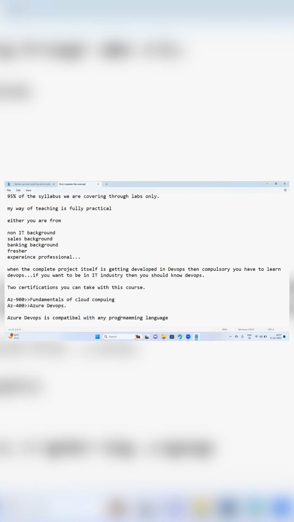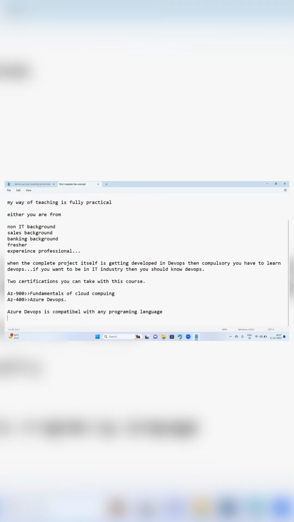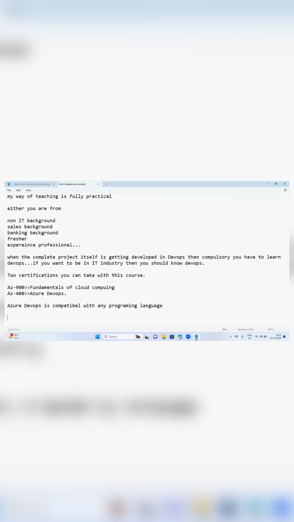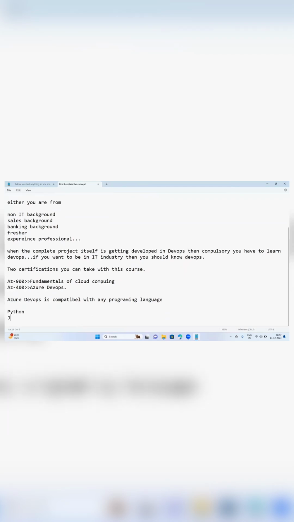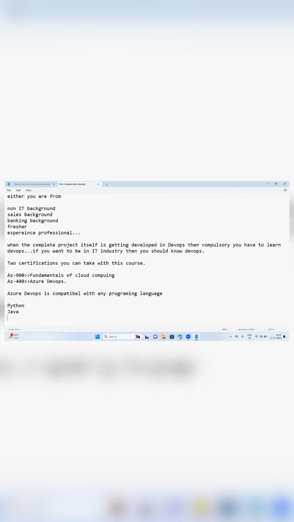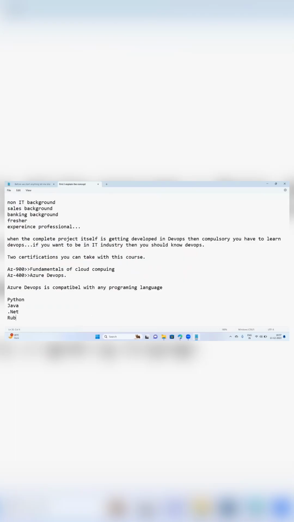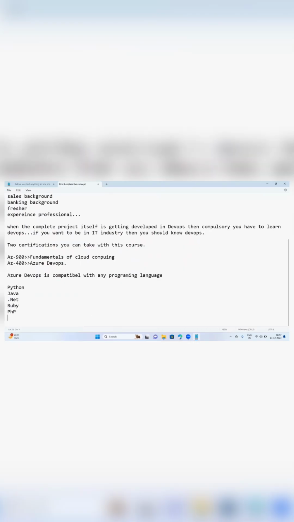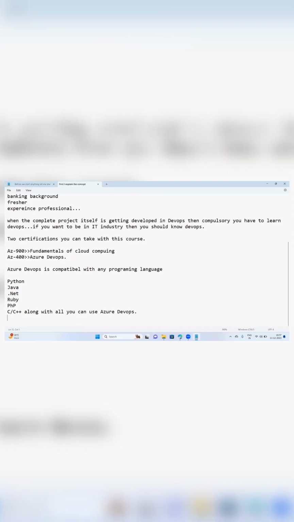Either you are using Python, Java, .NET, Ruby, PHP, C, or even C++, along with all of them you can use Azure DevOps.